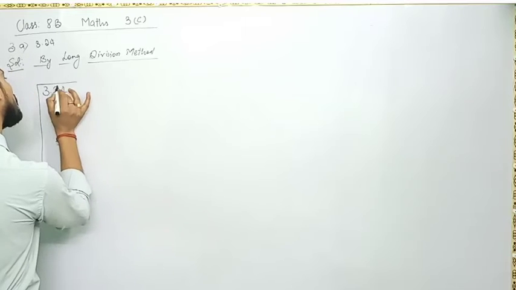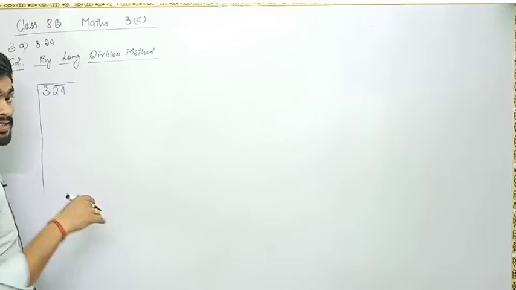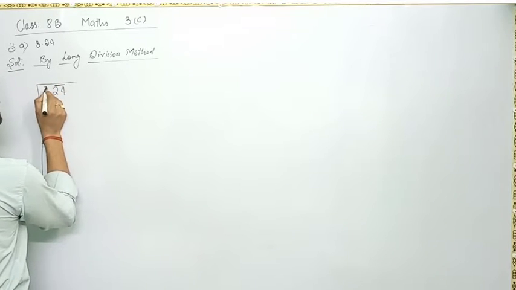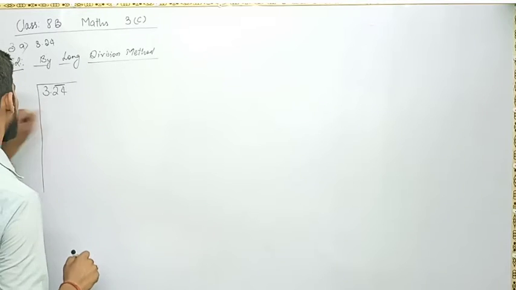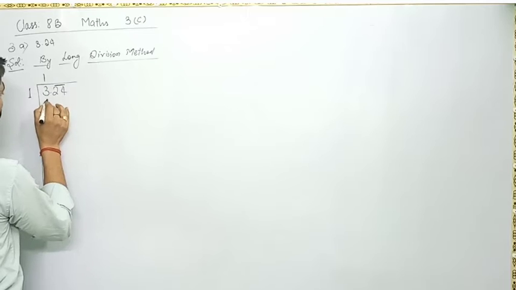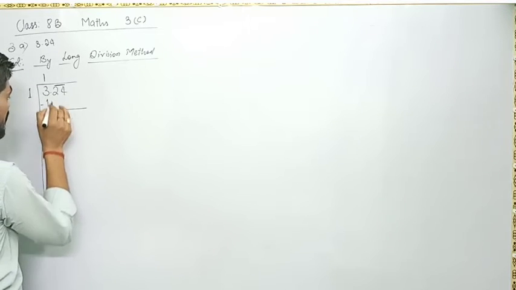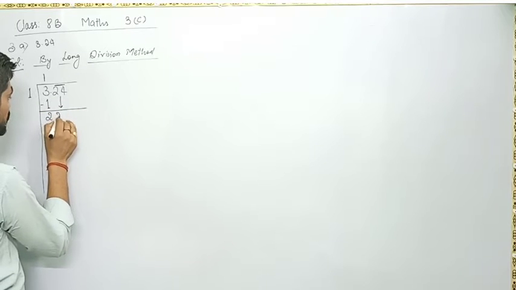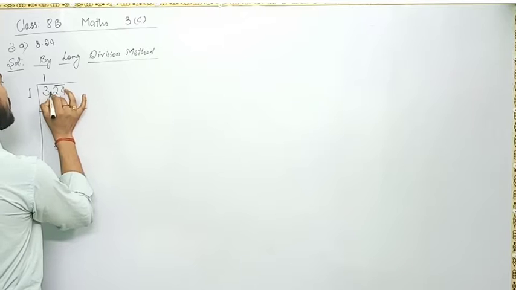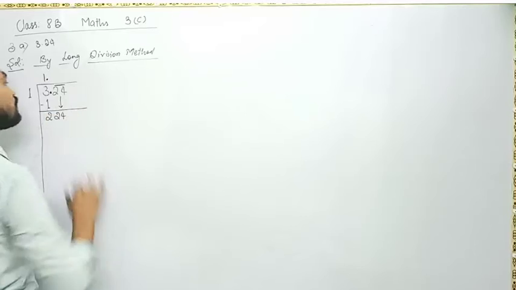Now make pairs from the left side. You have made. Now this is unpaired, no problem, leave it. Now my dear children, you have to read a number whose square is near to 3. So 1 1 is 1. Subtract it, you will get 2, and the whole pair you want, so you will write 24. But keep in mind, the moment you have used this decimal, here also you need to write it.